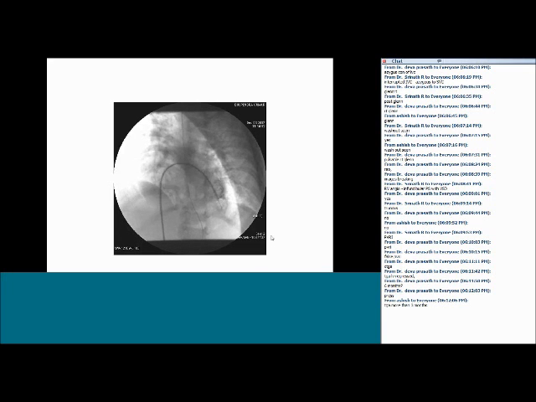TGA more than 3 months. That is probably correct. Ashish is right there. TGA more than 3 months. Yes, that is the reason for doing this cath, and the angio was just taken to demonstrate the anatomy. But the main purpose of this particular catheterization was, if the child was more than a month old,